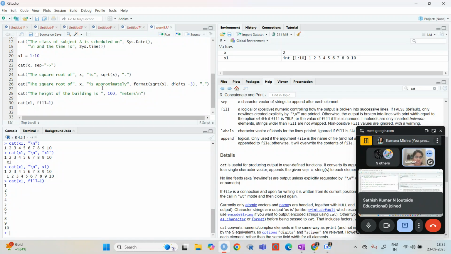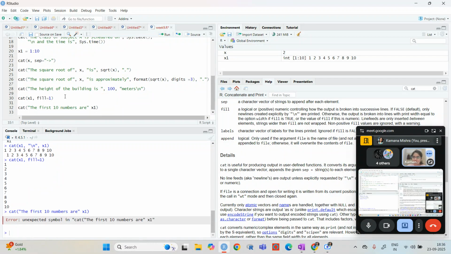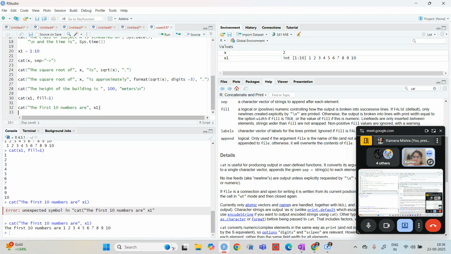If I want to write that the first 10 numbers are, let's say, and I want to print comma x1, then it's like this.